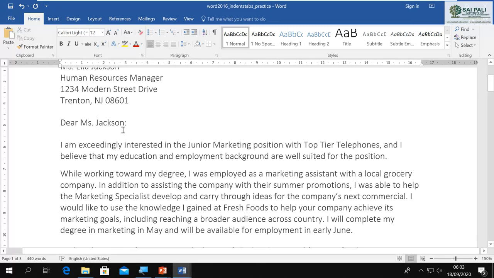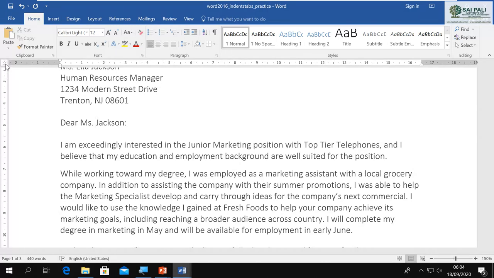Tab stops are where we want to put the tabs. Right now, this is the horizontal ruler and this is our vertical ruler, and at the top of the vertical ruler we can see the tab selector. If you look closely, when I hover my mouse there, it shows what kind of tab stop is there. Right now it is showing bar tab. If I click one more time, it shows the first line indent, which we saw in the previous lecture.